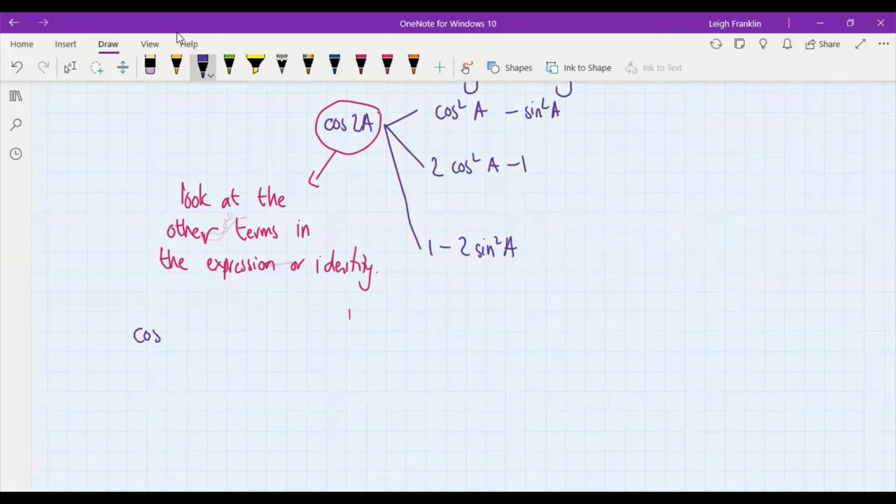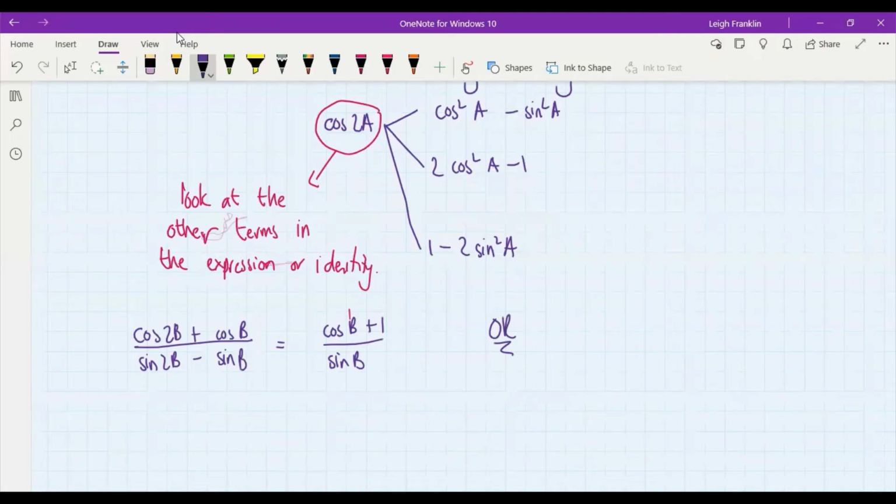And let's say we are required to show that cos 2b plus cos b over sine 2b, plus, sorry, that's actually minus sine b is equal to over sine b. Or consider this situation over here as well. So 1 minus cos